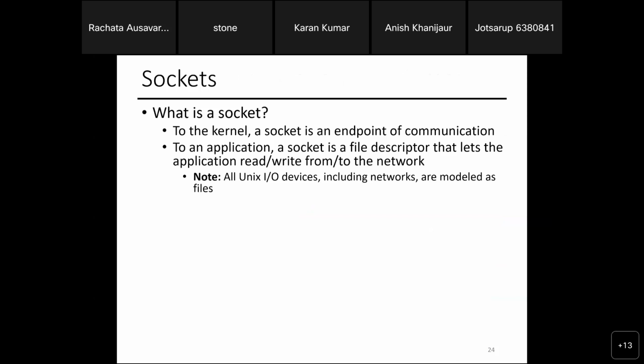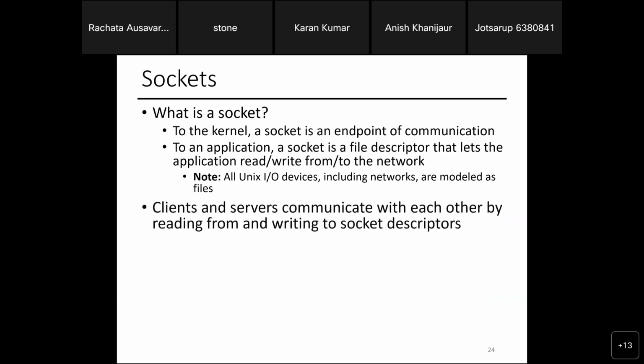Again, you have two machines connected by the socket, right? If you treat that whole thing as a file, you can then read, which is take the data out, like when you read the file, you take the data out, or write to it, which is put the data in. The client and the server then communicate through the socket because now you have a functioning file, something that looks like a file to the program, so I can read and write to it, right?